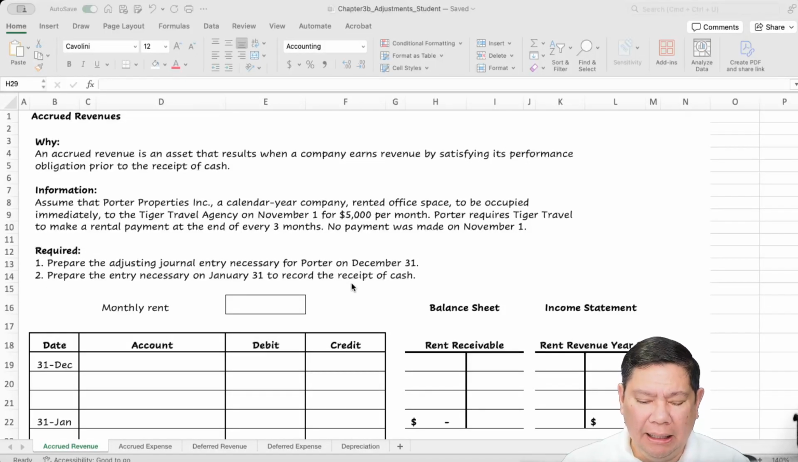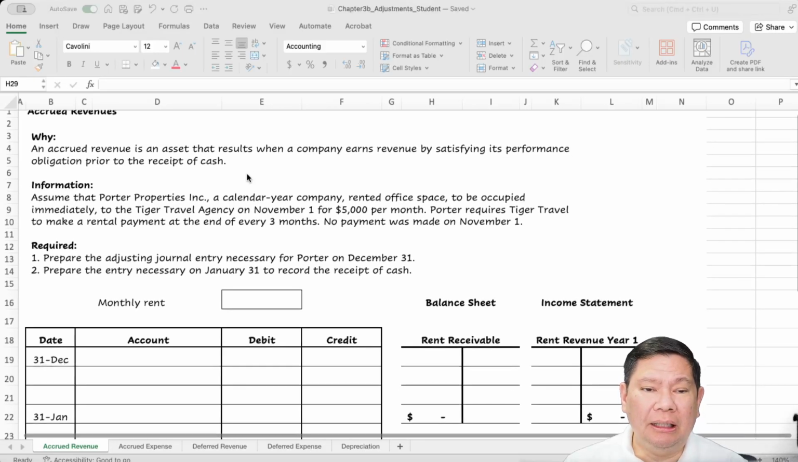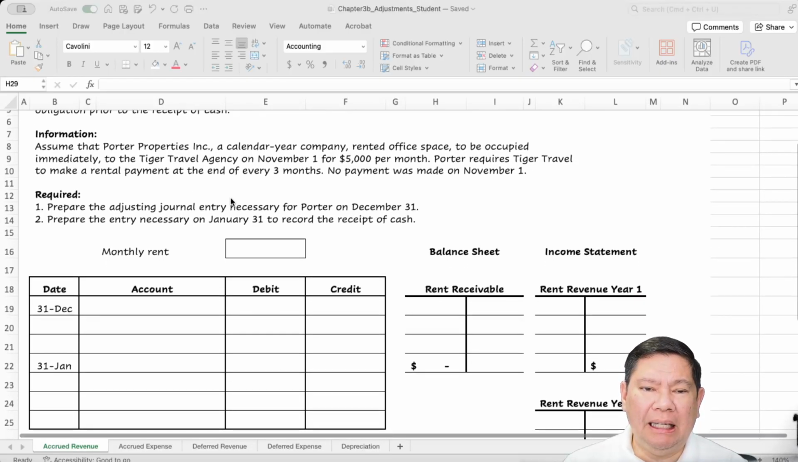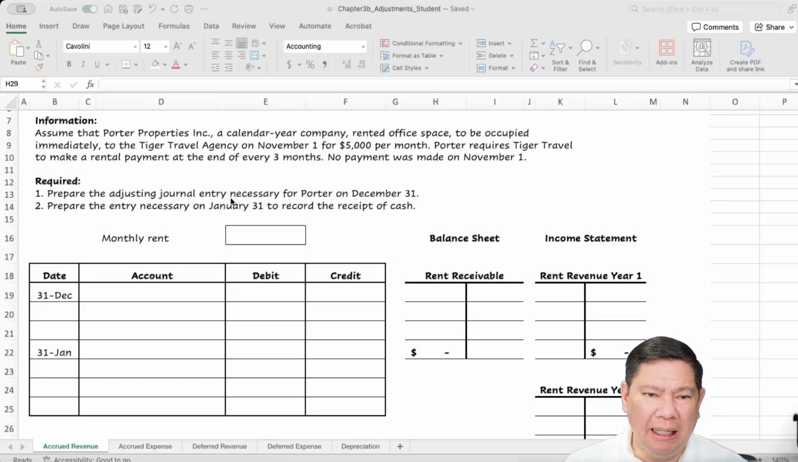Hello everyone, in this video we're going to look at the first example of an adjusting entry, accrued revenues. An accrued revenue is an asset that results when a company earns revenue after satisfying its performance obligation but prior to receiving the cash. Assume that Porter Properties, a calendar year company, rented office space to be occupied by Tiger